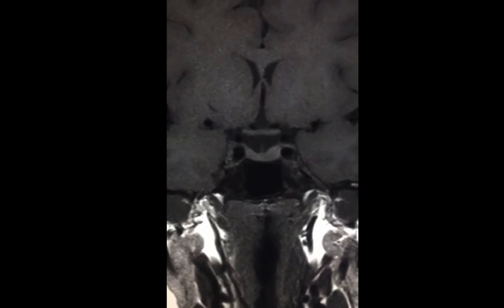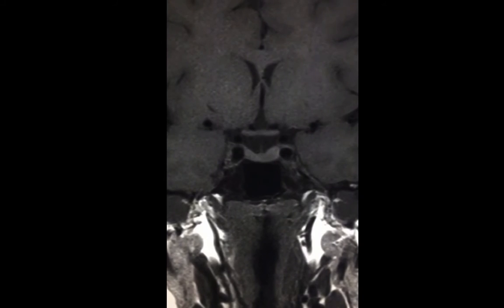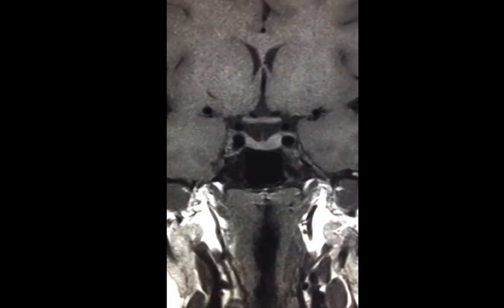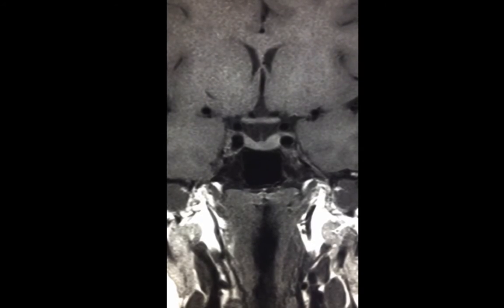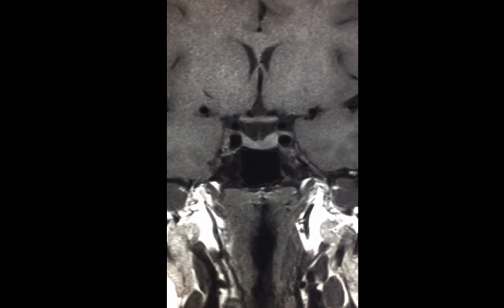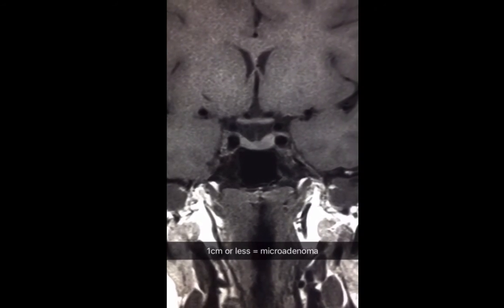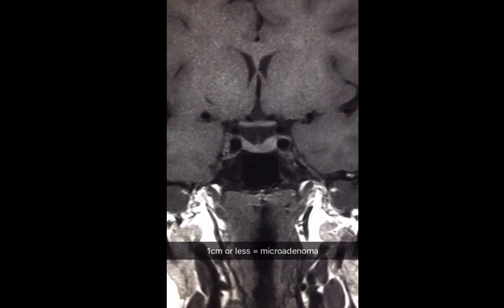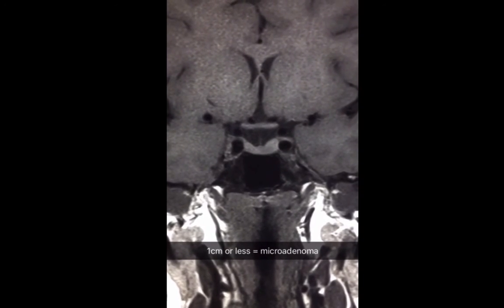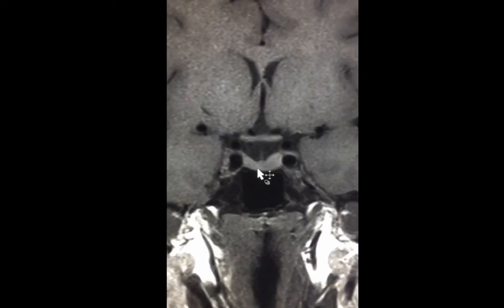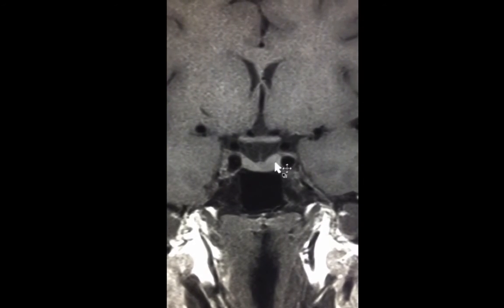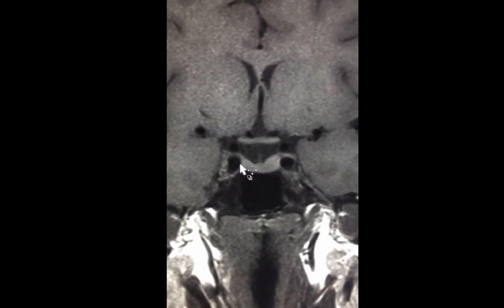With the provided history, you would like to look for a pituitary adenoma. This is a coronal T1 acquisition from a pituitary gland MRI. Before we continue, pituitary adenomas are classified into microadenomas if they are 1 centimeter in size or smaller, or macroadenomas if they're larger. I will go over a few landmarks to be more familiar with the anatomy on this coronal